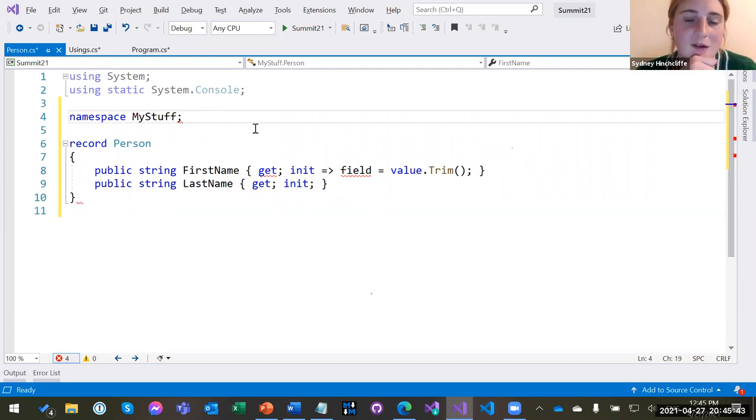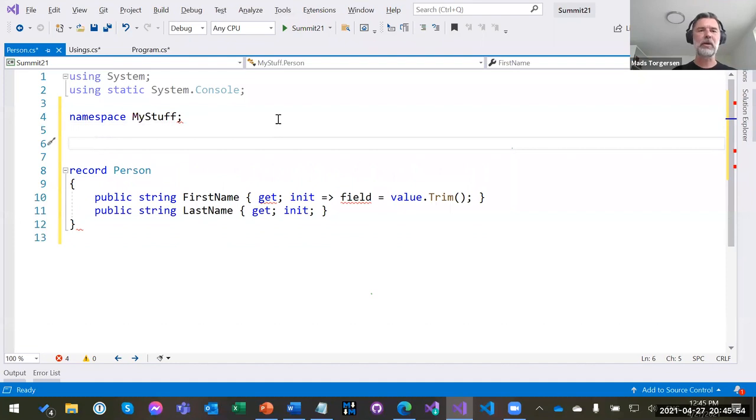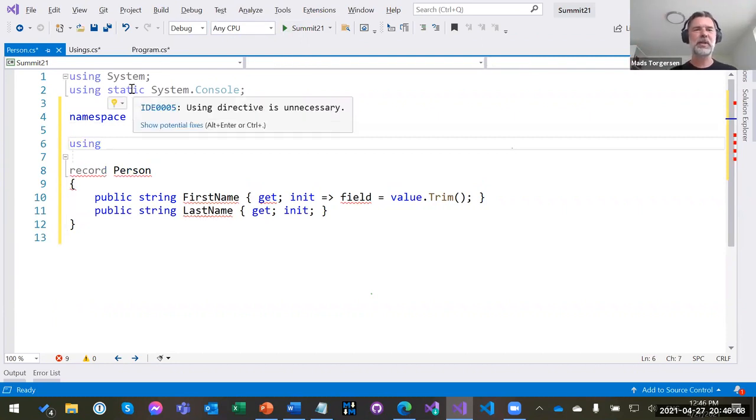John has asked Mads, are using directives after the namespace declaration logically inside it, and using directives before the namespace declaration logically outside it? Yes, that's what we're currently landing on. We would be ruling out many more scenarios if we didn't allow using both before and after, because people do them both quite a bit. Inside of a namespace, you can have a using that just applies inside of that namespace. So you can have a using here that applies for the rest of the file, or a using up here that applies for the rest of the file. You can have both.